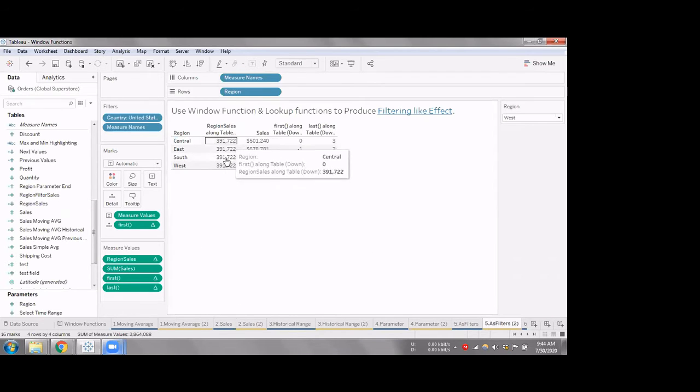So I got my South values alone. So this way I can use this particular field, and I can just subtract it from the sales field to get the comparison values as well.